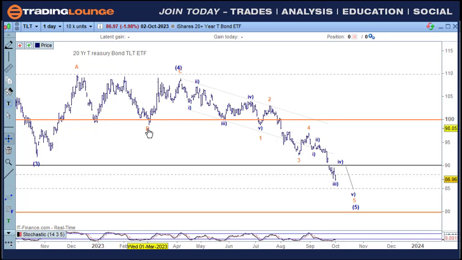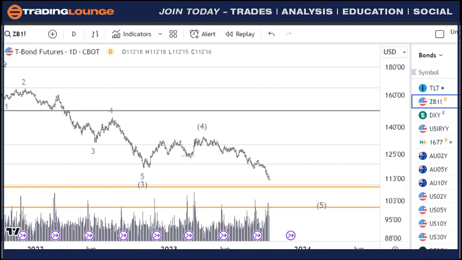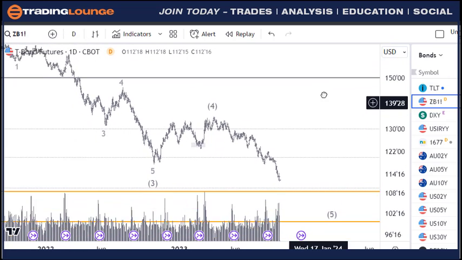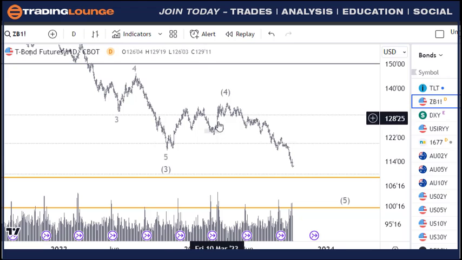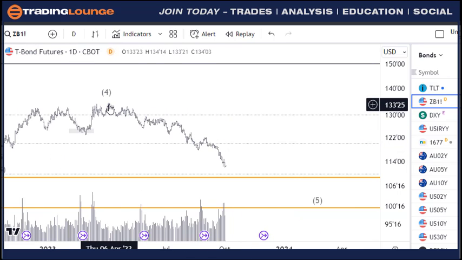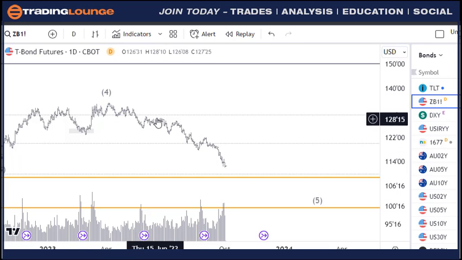And the other reason for this too is that I did have a look at the futures here, and we can see here in the move here, the futures moved higher. So to have this as an A and a B and a C wave, or even an A and a B and a C here into the April area here, right? This high in April is quite a good sort of starting point. And then to have this here as 1, 2, 3, 4, it's a nice fourth wave here for this.